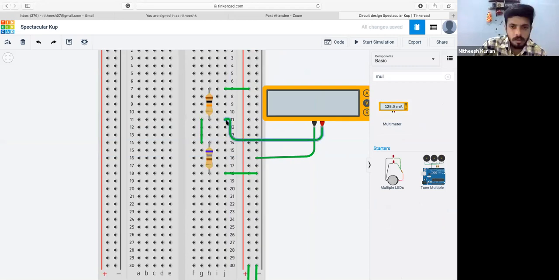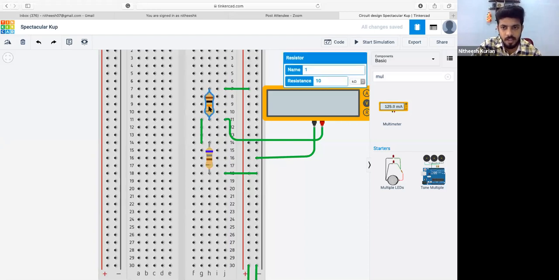So what is the voltage between this point and ground? Can you calculate it? How do you calculate it? We are giving 9 volts to these two resistors, and this resistor is 10 kilo ohm, and this is 680 ohm. I need to find out the voltage at this point. Can you calculate it using the pen and paper method? Don't simulate it.